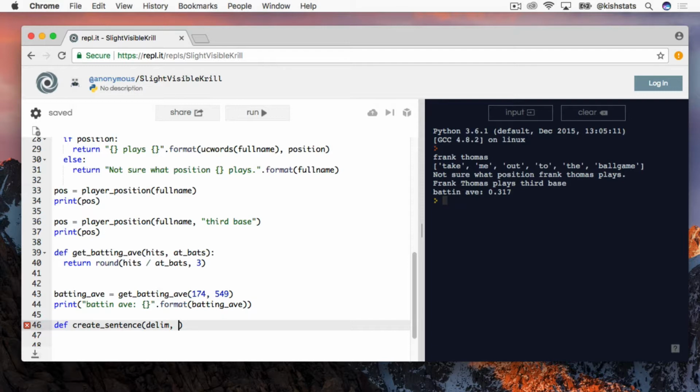So if we use a single asterisk, this will indicate that we're going to be using a variable length. So words can consist of 1 or more arguments. And once we are inside the function, what this creates is a tuple. So if I go ahead and print out the type,